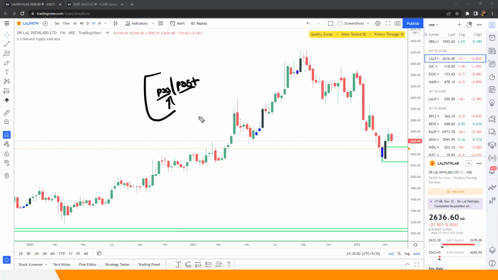Now, coming back to, like you said, you already have the base plan of the demand and supply zone indicator. Now, there are two things to it. If your subscription is almost about to expire, whenever it gets expired, next time you can subscribe for alerts, because with alerts, by default, you'll get the indicator. Plus, you will also get the